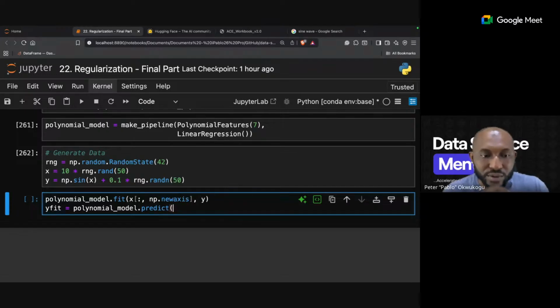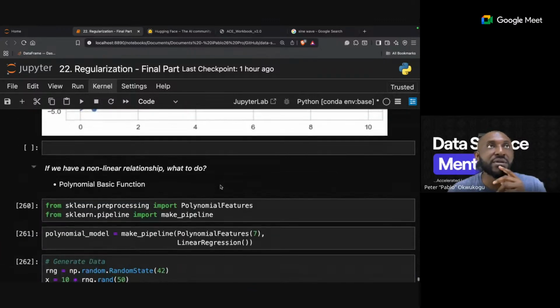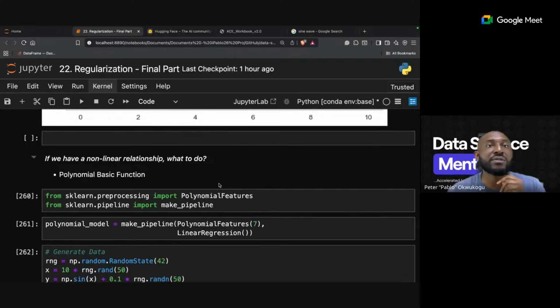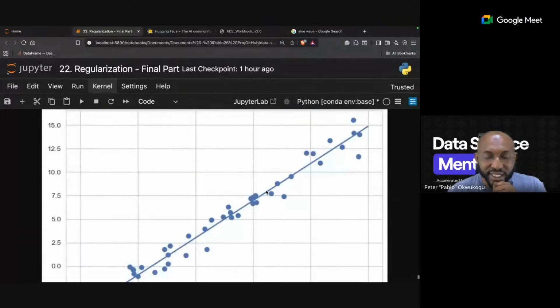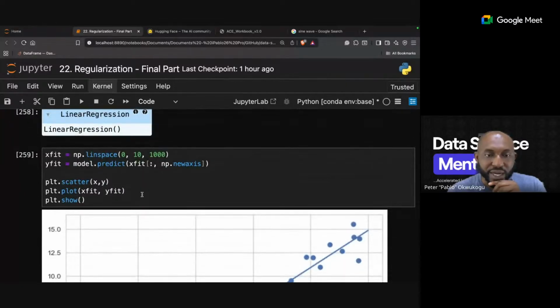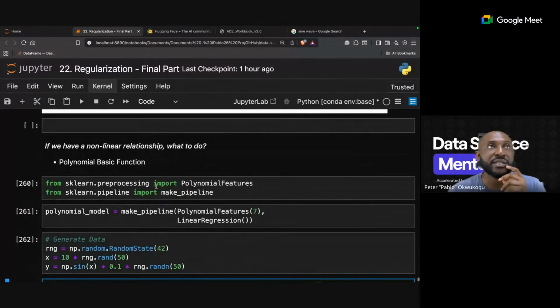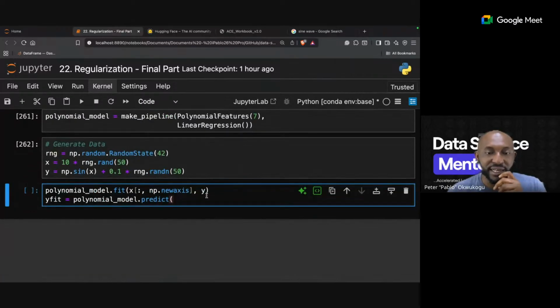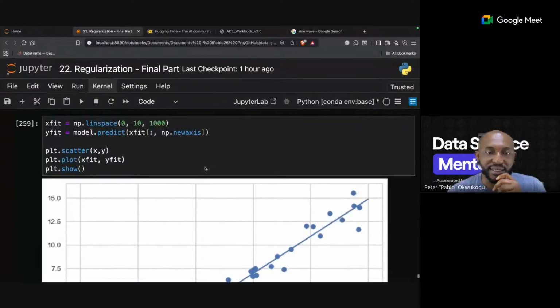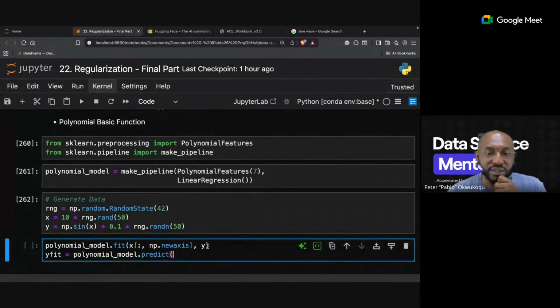I want you to do a prediction where we are going to use X fit, because we had created this kind of data before, remember our X fit and Y fit. You can see that the X fit and Y fit were like this, and now we have introduced the Y here, and this Y now has a sine wave.